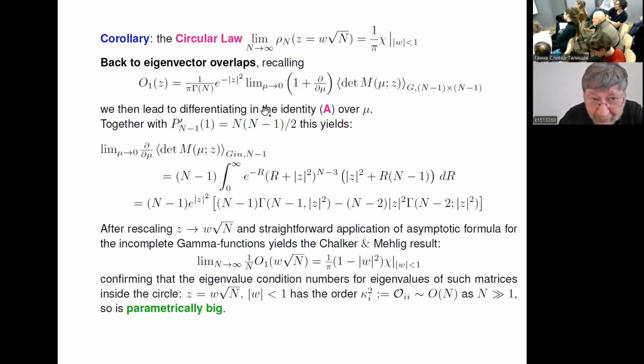After differentiation, one should remember that not only is the Legendre polynomial at argument 1 equal to 1, but its derivative at 1 is also a simple number, just n times n minus 1 divided by 2. And in this way, after diligently performing the differentiation, one finds this explicit expression as a one-fold integral over r. We see it's also not very difficult. And using the definition of the incomplete gamma function, one gets an explicit expression for any n for this